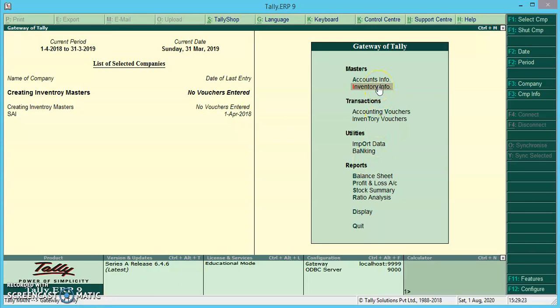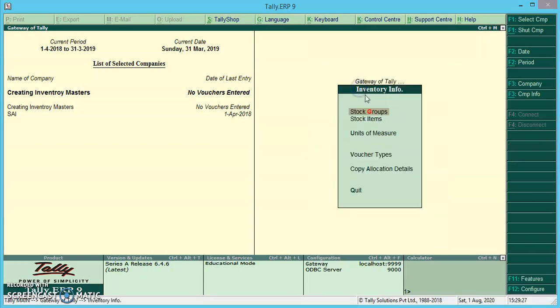By clicking on inventory info or selecting hotkey I, we will be navigated to the inventory info menu. Here we can see stock groups, stock items, unit of measure, voucher type, copy allocations, quit. These are the various options available under inventory info.